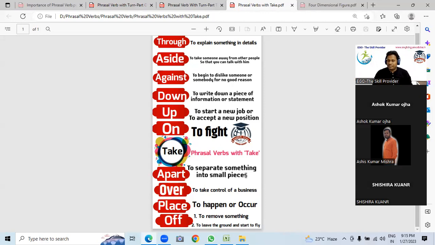To take control of a business. Suppose Ambani bought a new business. The business will physically stay where it is supposed to be, but he is going to take over. Take over means the management part he is going to take. He is the owner, and the management, because he is going to employ his own people. So that is called take over. Tata took over the state electricity board from the government of Odisha. That is called took over or take over.